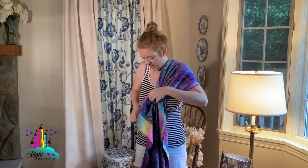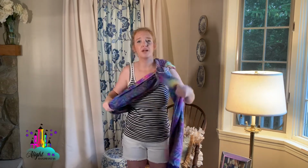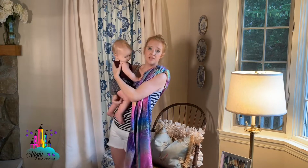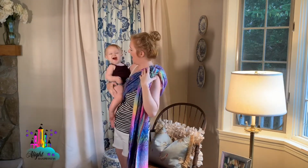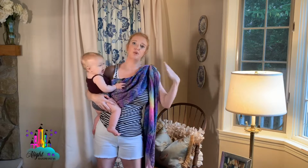So I make just enough pocket for my daughter's legs to go through. You really don't want to have to do too much tightening, so I leave it nice and loose, but also not so loose that I'm tightening meters of fabric through the rings. So you want to make sure that everything is all nice and situated. You want to start with your rings really far back on your shoulder here. I sometimes start even with them back,